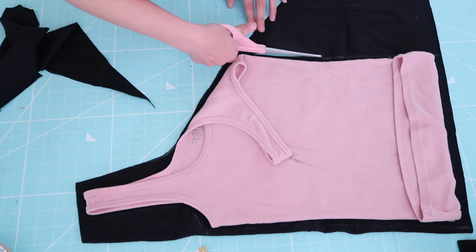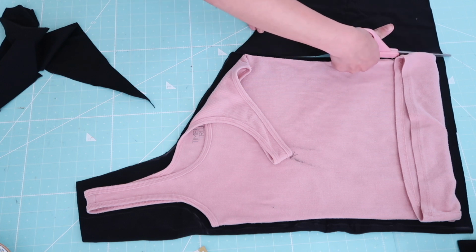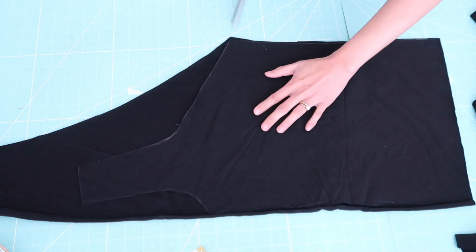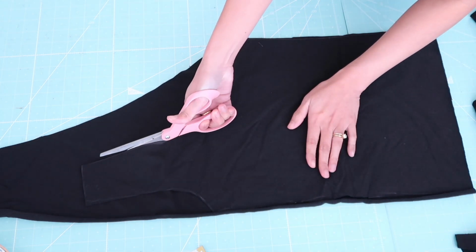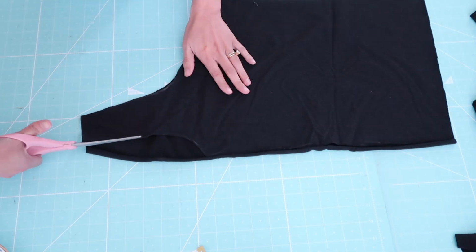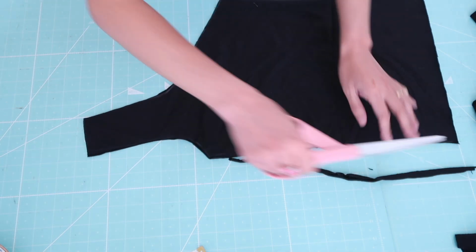This sewing project is super easy. We are only going to have 2 pieces to create this tank top. I am going to use this as a template to cut out the other piece. By the way, be sure when you do this that the stretch is horizontal, so it will allow the fabric to stretch. Then I join the right sides of the fabrics and I'm going to stitch the shoulders and the